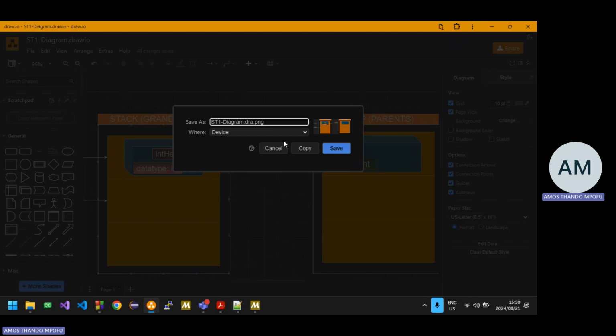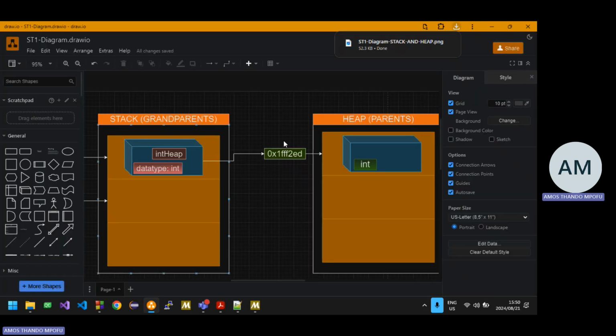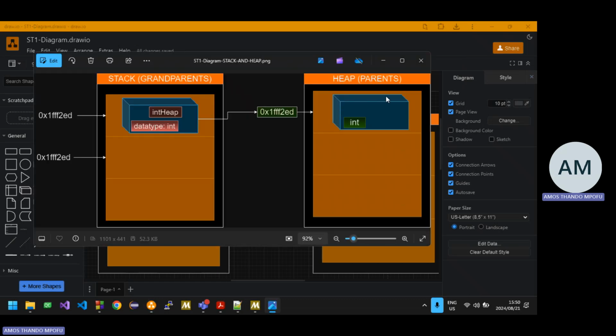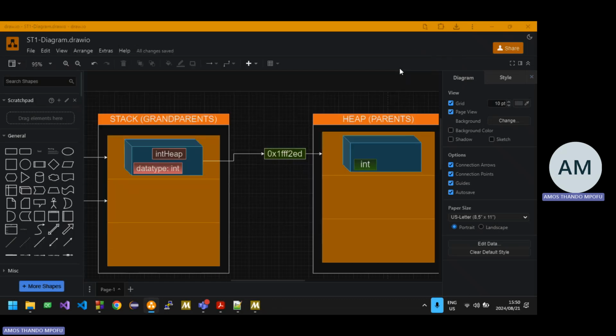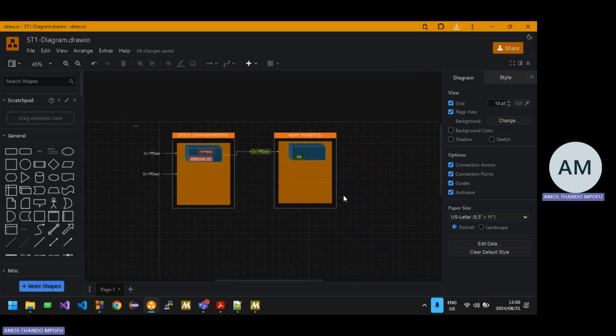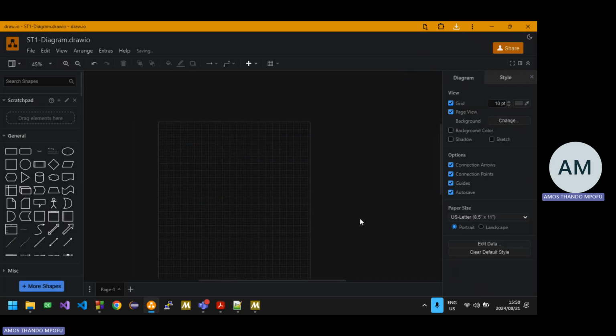I'm gonna name it semester test one diagram for stack and heap. So there's the image. Let me see if it saved well. Yeah, perfect. So now I can just delete all of this. So we have... it's called a diamond problem because